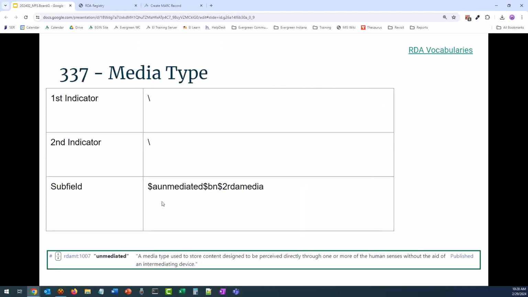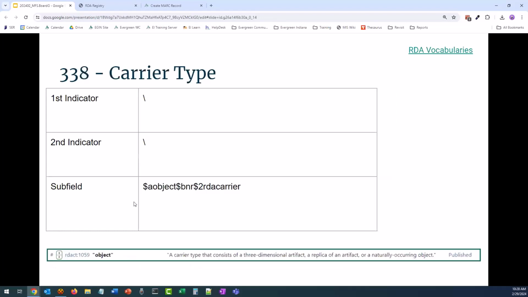337 is unmediated, because there's no media part in this container, and then in the carrier type we are using object. And do remember, a lot of our templates, or all of our templates, already have these 33Xs in the records, which is great. And a lot of them, if not all of them, include the